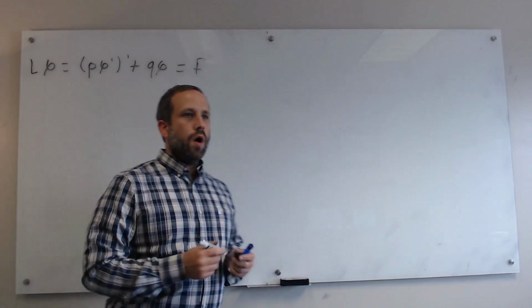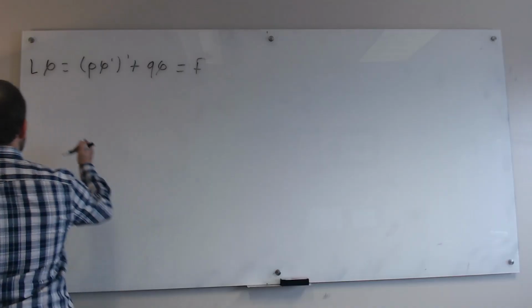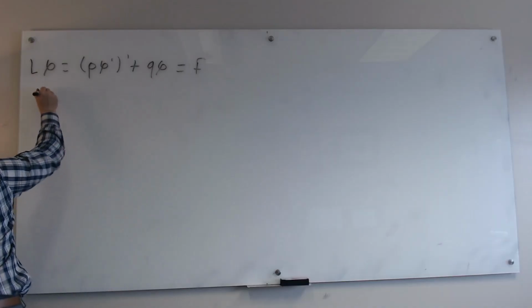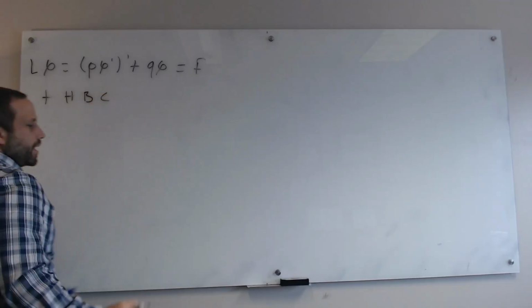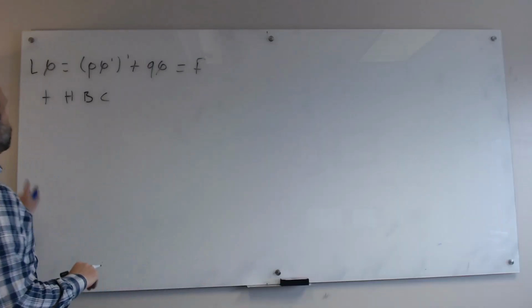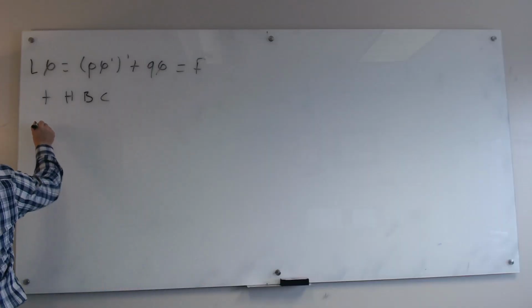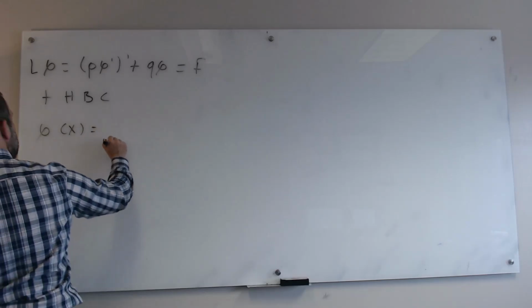Okay, so we've got this problem right here, this non-homogeneous problem, plus the homogeneous boundary conditions. We're going to look at something specific in a moment. The general framework is the following. We have this equation, and we want to come up with some function called the Green's function, such that this